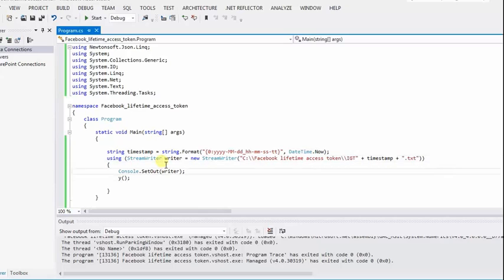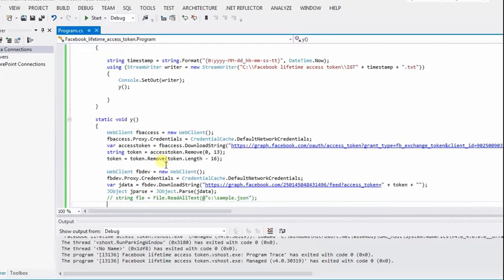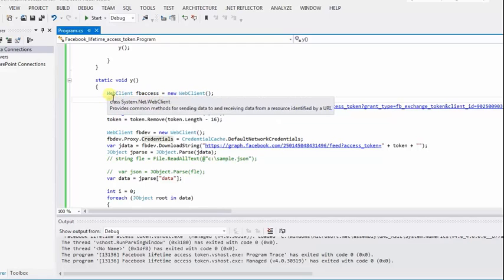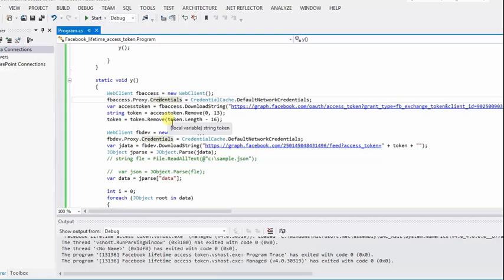To eliminate the proxy permissions, I'm writing this code: WebClient FB access is equal to new WebClient, and I'm connecting to my proxy with default credentials and getting the data. These kinds of settings will be helpful when you are in a private network. If you are in a public network, you don't need to write this particular code.